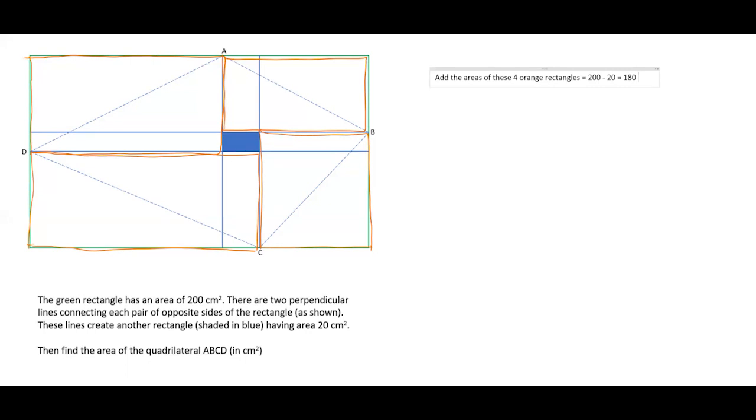But what about that figure, that quadrilateral ABCD? So when we count the areas of these four oranges, essentially what we have done is, if you think about this, this part of this quadrilateral has been counted twice, isn't it? Because the rectangle on the top right corner is simply double the area of this triangle, right? So this triangle of this part of this ABCD quadrilateral has been counted twice. Similarly, this part has been counted twice. This part has been counted twice, and this part has been counted twice.